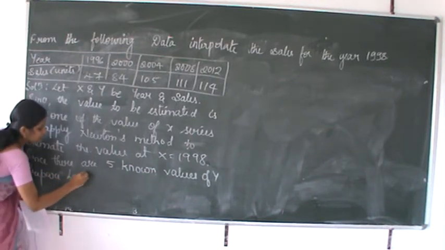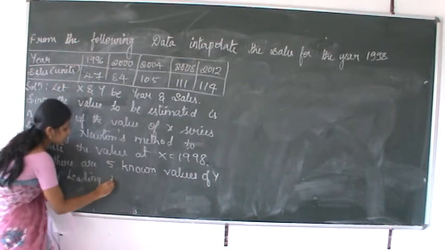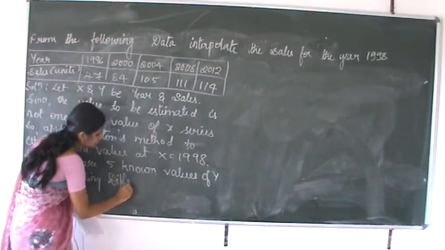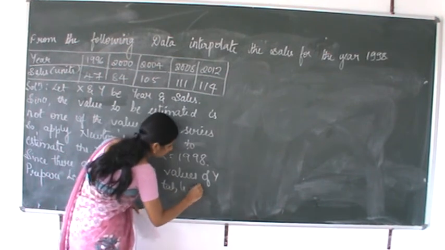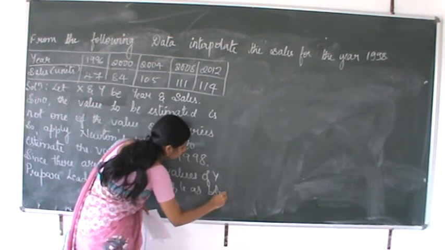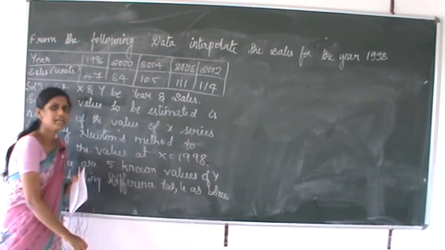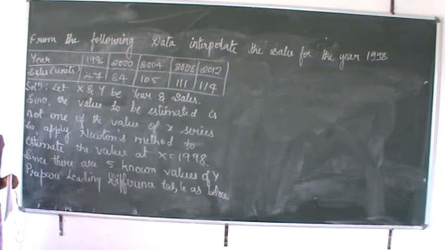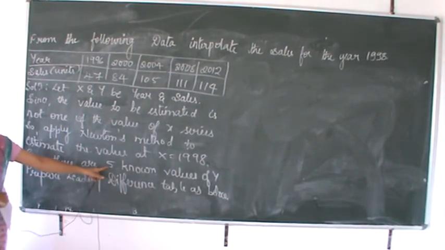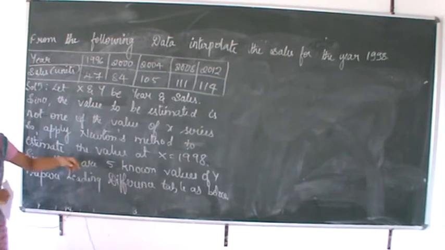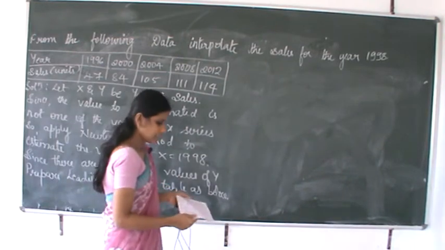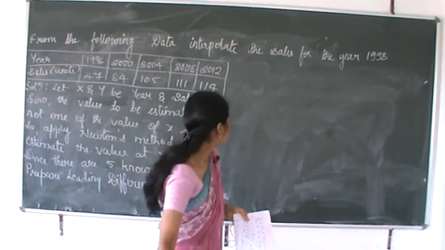Since 5 values are known, we are going to prepare the leading difference table up to 5 known values of y. So the leading difference table will be,